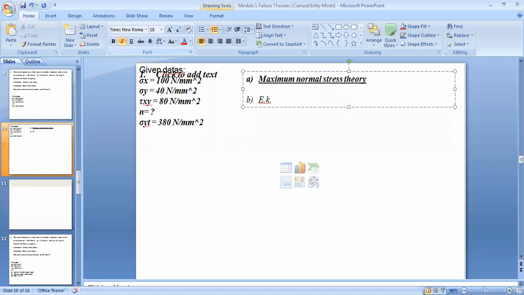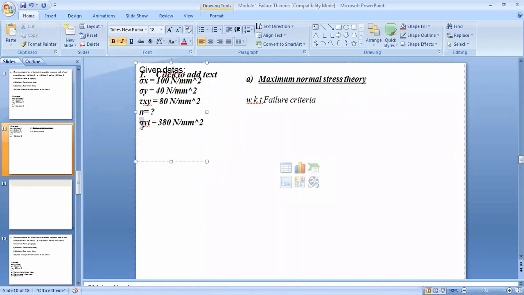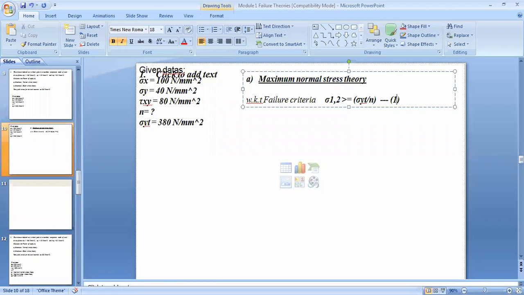So we know that, what is the failure criteria? Failure criteria or failure condition is, what is the equation? Failure condition is sigma 1, 2 should be greater than or equal to sigma yt by n, right? Sigma yt by n. This is equation number 1. Sigma 1, 2 should be greater than or equal to